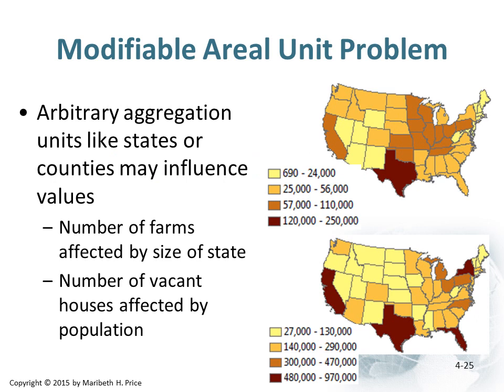Modifiable Areal Unit Problem. It's an arbitrary aggregation unit issue, like states or counties, and how it influences values. What it means is you have a modifiable areal unit problem when an artificial boundary potentially changes the outcome of the value in question. For example, where you draw state lines may impact the values that you see for a